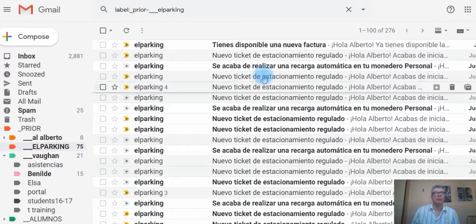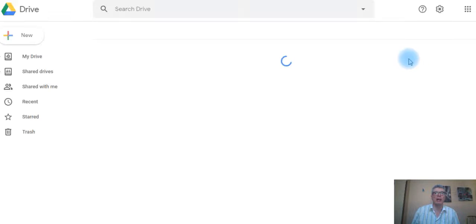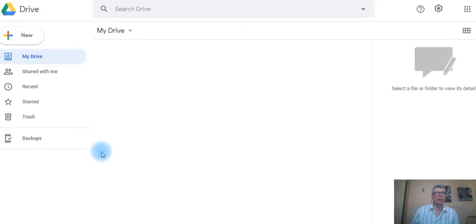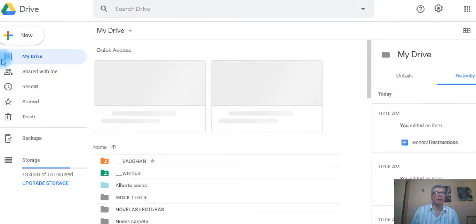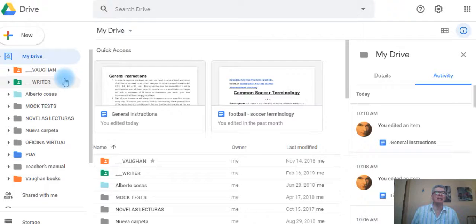Okay. So, basically, first, if you want to go to Google Drive, you go to Gmail. You go to this button, where the Google apps are, click on the button and you go to Drive. Very simple. Okay, click on Drive, and then you will find your drive. My drive. Click on my drive, and then you will find immediately